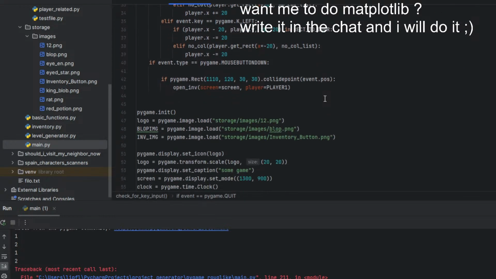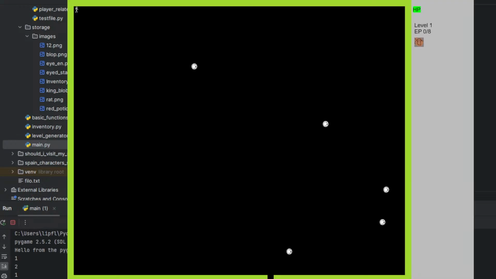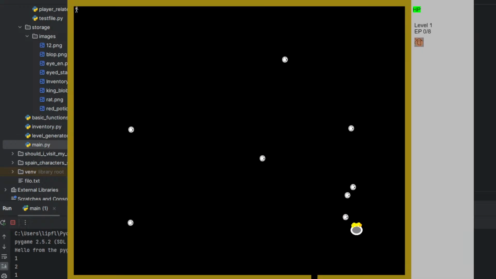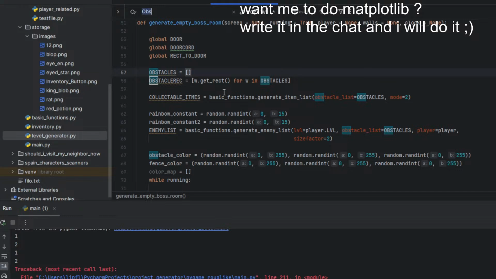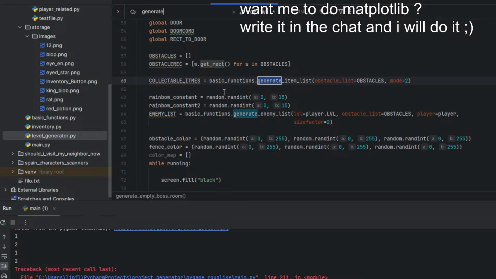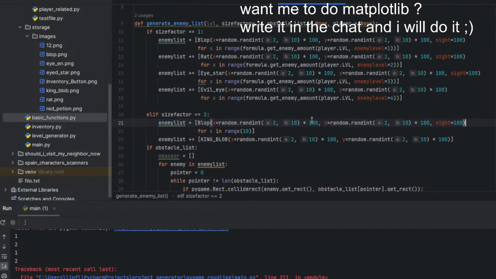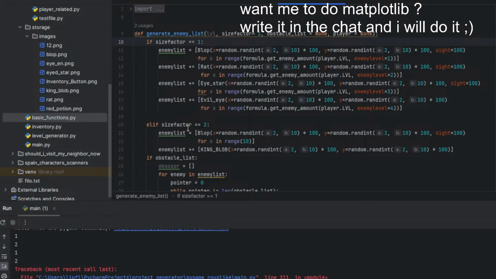Okay, here's a new enemy type, but the boss is missing. So let's see, why is the boss missing? Level generator enemy list. Generate size factor basic functions, plus multiplied with 100.